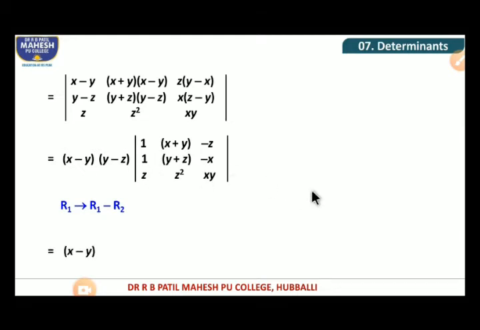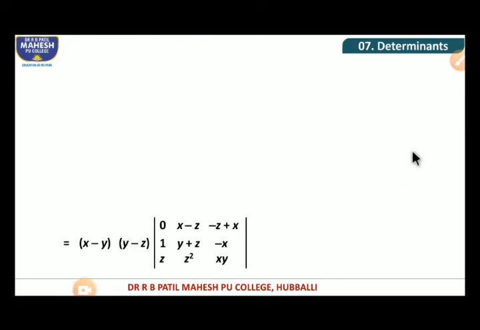So (x minus y) into (y minus z) into the determinant. By operating this one, R1 minus R2 means it is 0, and x plus y minus (y plus z) means it becomes x minus z, and minus z minus of minus x means it becomes minus z plus x, so that we have 0, x minus z and minus z plus x, and the second row and third row same as it is. Now we have x minus z common in the first row. There we can take x minus z common,